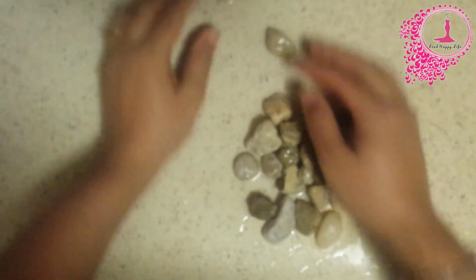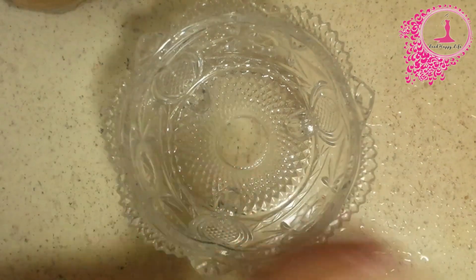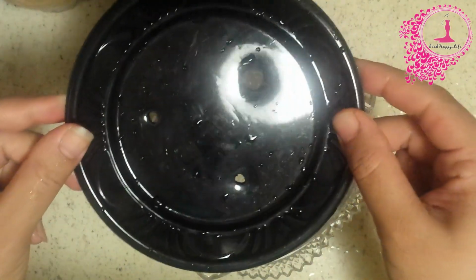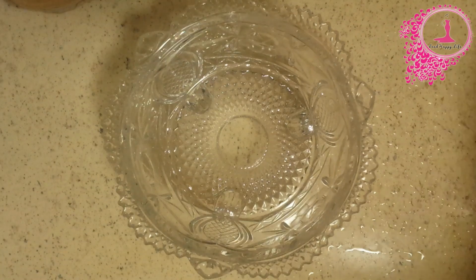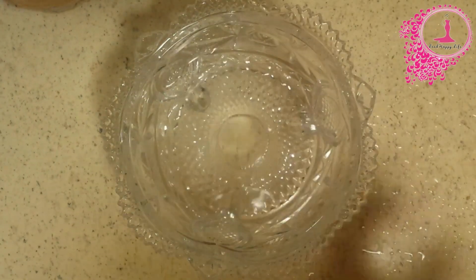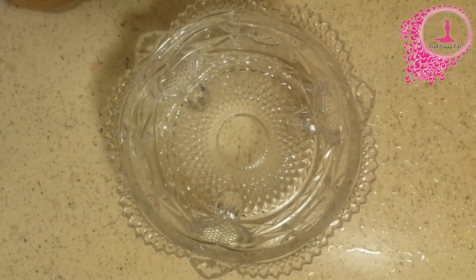You will need seashells for decoration, and then some stones from the river also for decoration, and then take a glass bowl. It is about 5 inches in diameter, and you can take a disposable plastic plate and carve some holes in it using a butter knife or nail or something. Add water to the bowl. About half the bowl should be filled,